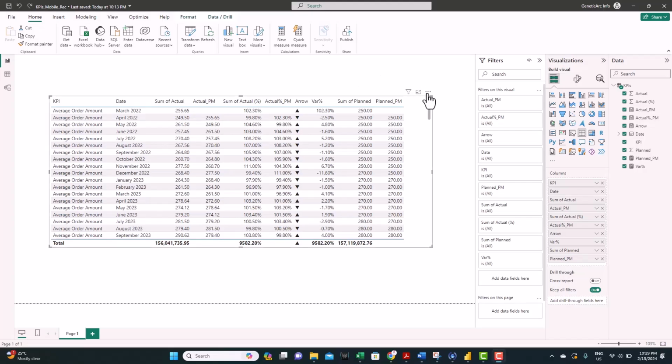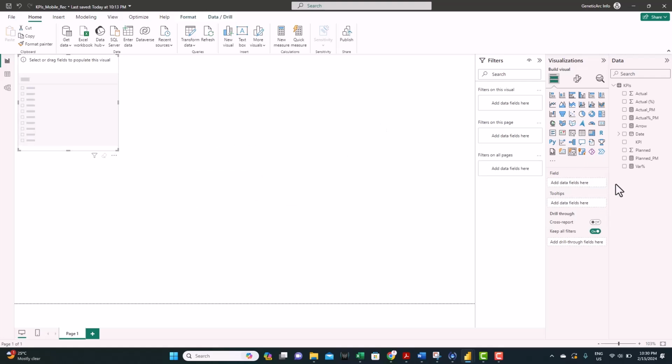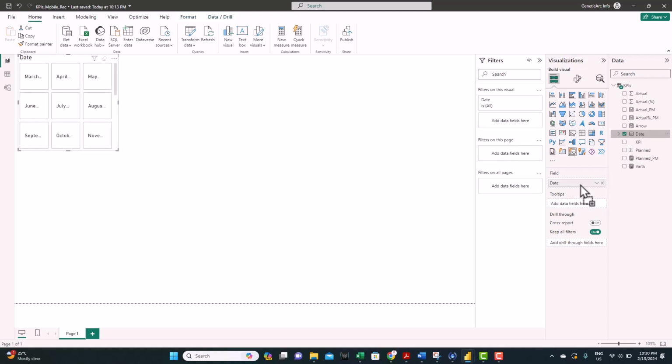Let's start by removing this table. We don't need it anymore. And the first thing, I'm going to add a slicer. And for that, I will use the new slicer here and feed to it the date, the fields,